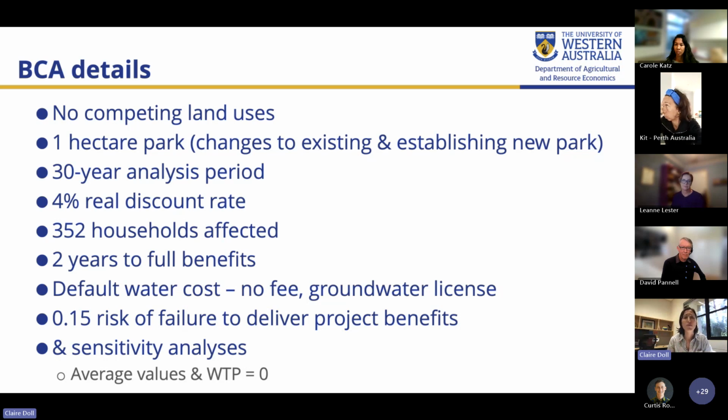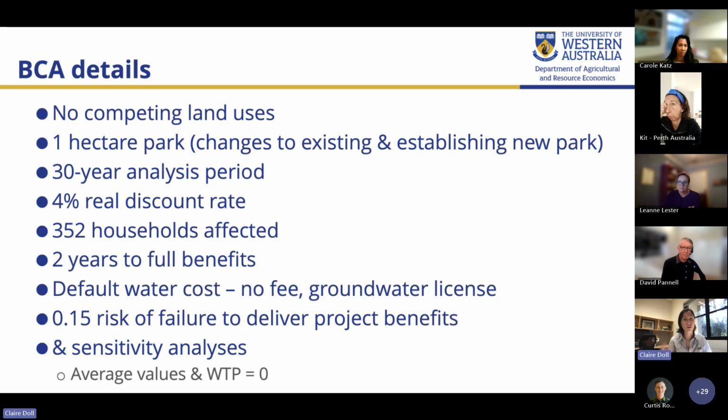We're scaling up our benefit estimates, assuming that 1 individual local or neighborhood park would serve about 350 households. So that's multiplying that willingness to pay value by that many households. And for this baseline analysis, we assume that there is no cost to access groundwater, which is the primary source of irrigation in many parks around the Perth region, that this water is just accessed via the groundwater license.